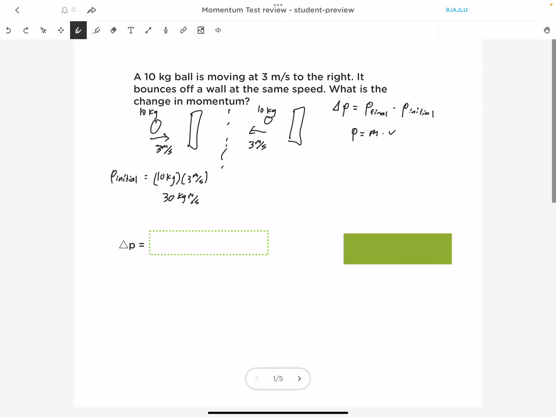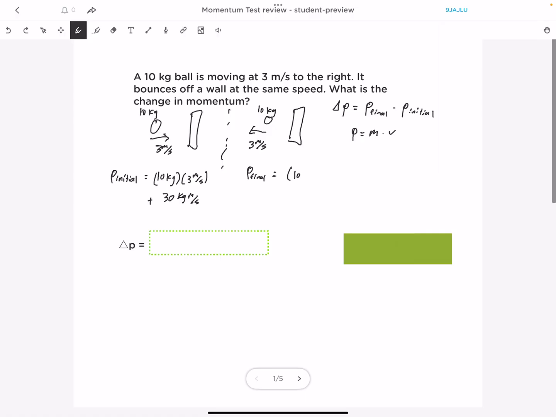One thing that's very important about momentum is that it's a vector, so you have to consider the direction. If it's going in one direction, say to the right, we're going to consider that positive, and going to the left is going to be considered negative. So it's very important when you do the problems that if they're going in different directions, they have opposite signs. So here I have positive 30 kilogram meters per second for the final momentum,